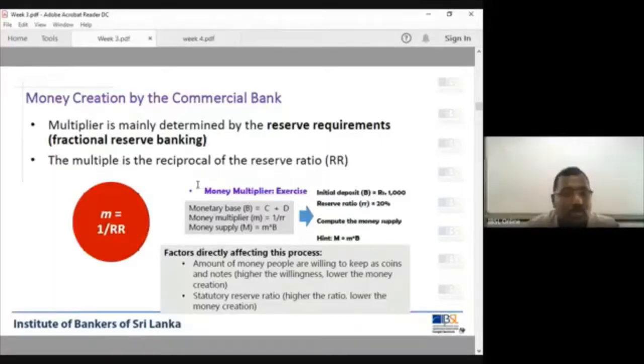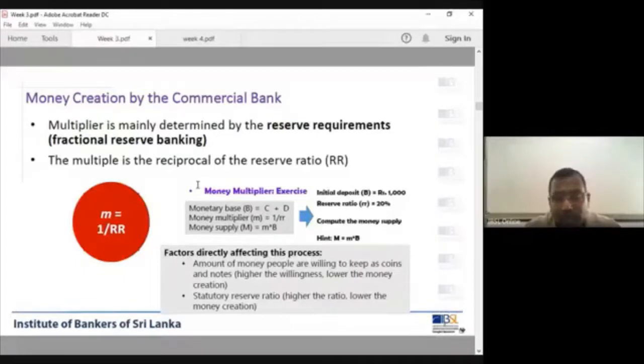Imagine everyone comes to the central bank and asks for money, or comes to their own commercial bank and asks for money; they don't have enough liquidity in the bank. So the buffer is with the central bank. The buffer is the reserve requirement. Currently, it's 2%. It's a very low reserve requirement, but the central bank has done it to inject money into the economy.